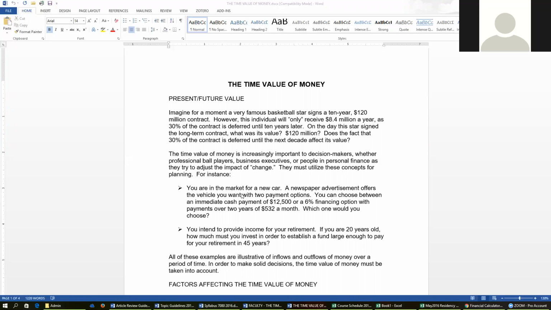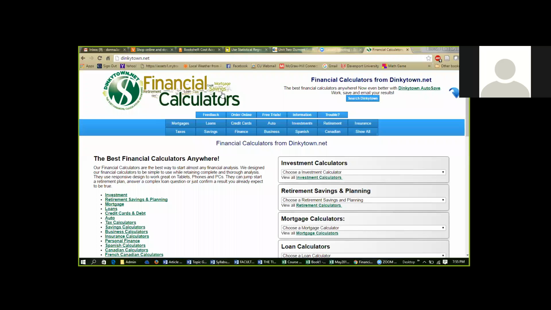The other thing we're going to do is I'm going to take a second and switch screens and show you a calculator that is great. It's online. I'll show you how to get to it. I'll even send you the link. And of course, I have to find it first. There we go. Now you should be seeing a website on the screen, and it's called, I know the name is ridiculous,